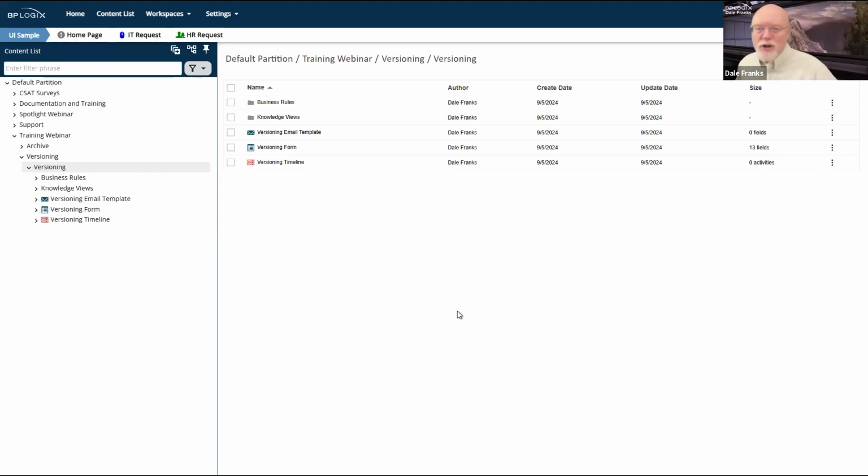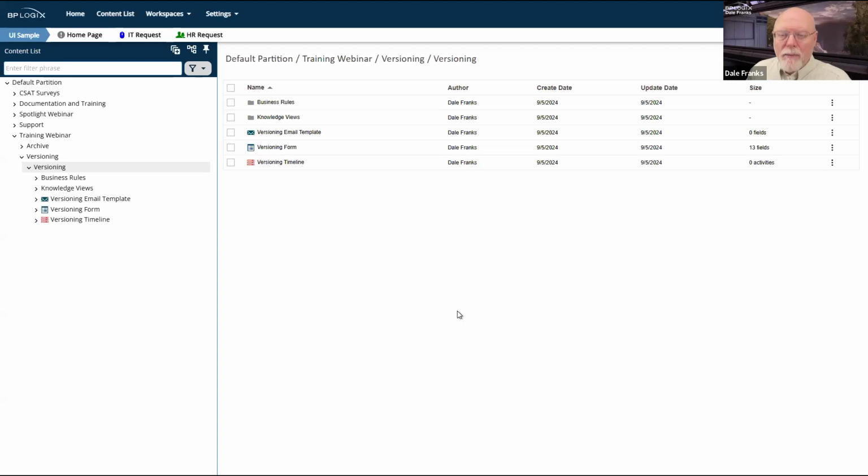I mean, if that is your setup, let's say I have 10 different applications, each of which has their own form and their own process timeline. If I create a forms folder and put the 10 forms in there, and a process timelines folder and put 10 process timelines in there, I'm making my life much harder than it needs to be.